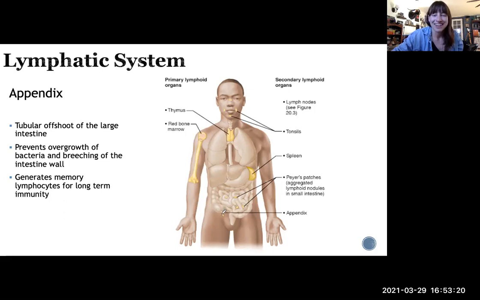And the appendix was thought to be vestigial for a long time, but again, it probably has a role in the immune system, not least because it's likely a reservoir for your gut microbiome. Very cool. All right, so tubular offshoot of the large intestine. It prevents overgrowth of bacteria. So the more good bacteria you have, the less likely it is that bad bacteria will be able to overrun